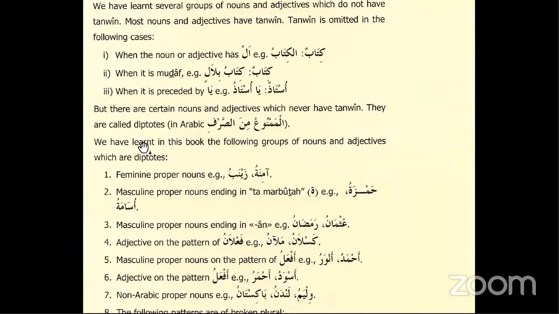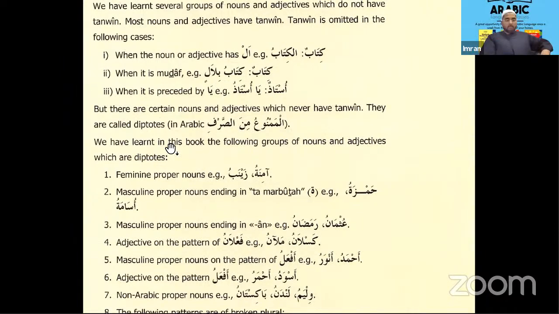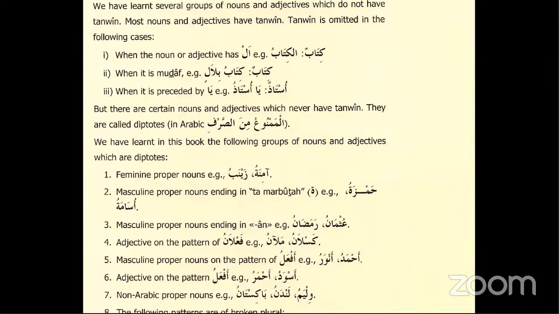Excellent. Correct? Correct. Shall I continue? Yeah, read these two paragraphs, and then I'll get Sister Bilqis to read. Go ahead. But there are certain nouns and adjectives which never have tanween. They are called diptotes. In Arabic,